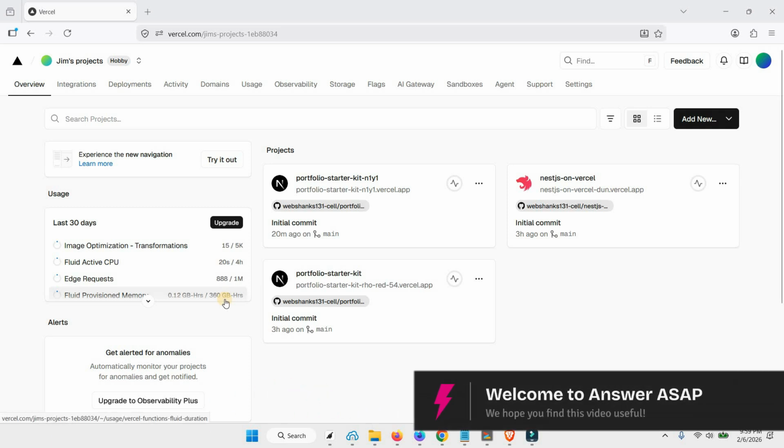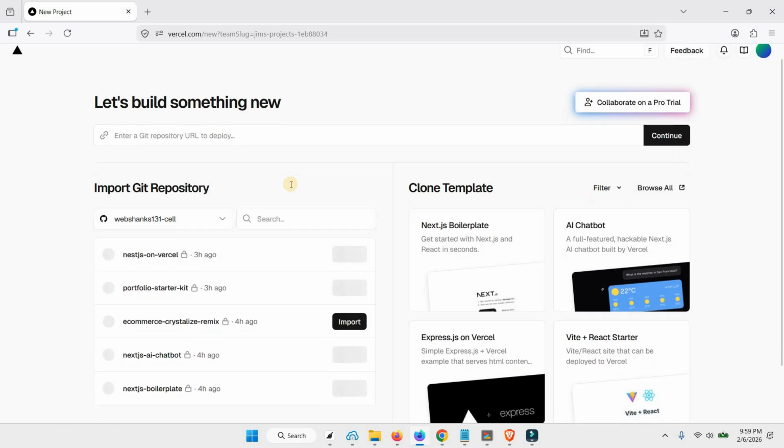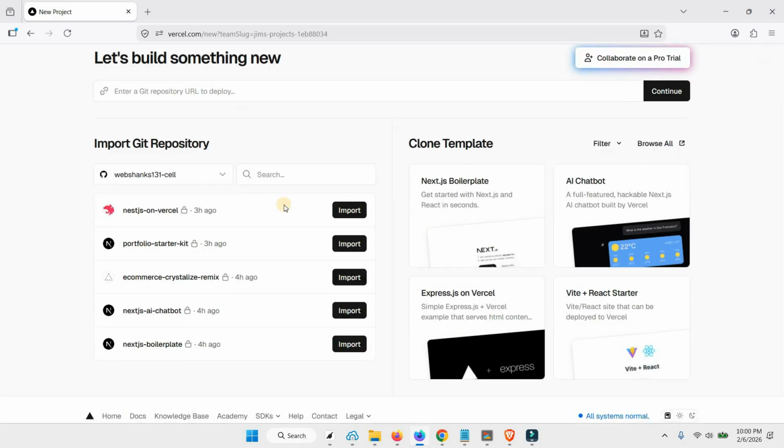This is how to deploy a Next.js project on Vercel. From your dashboard, go to Add New, select Project. If you have a Git repository from your GitHub, you can see it here, or you can use templates provided by Vercel. So we will browse all,